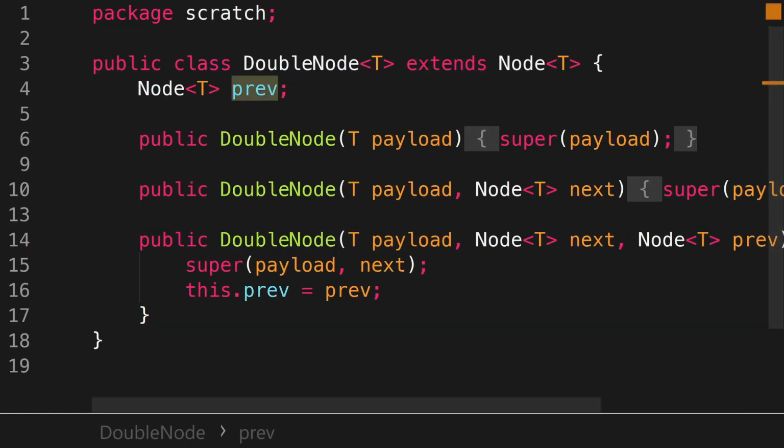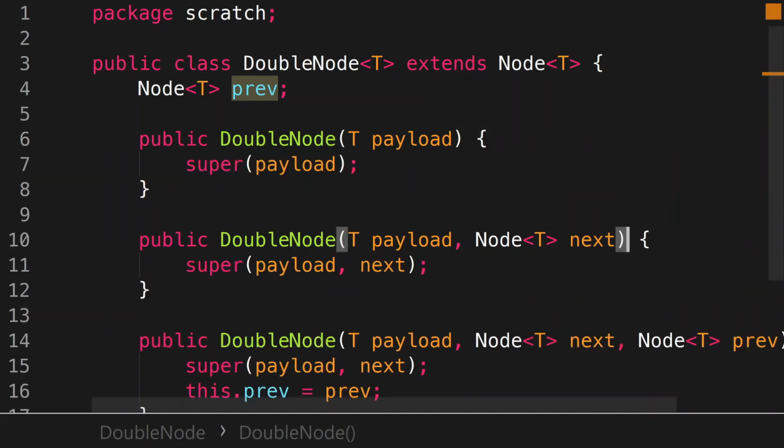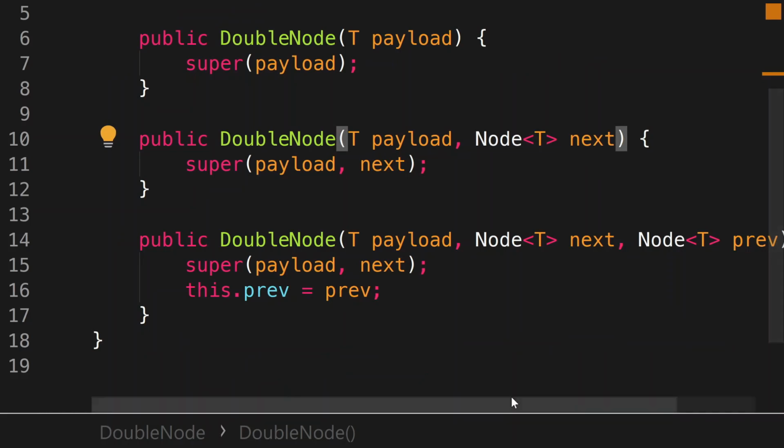This new double node is going to have this additional previous field. Here I've said double node extends node, such that it's going to have the payload and the next field still. In addition to those fields, the double node will have a pointer to the predecessor of the current node. I've gone ahead and added some convenient constructors that you can optionally use, where you can define the payload and